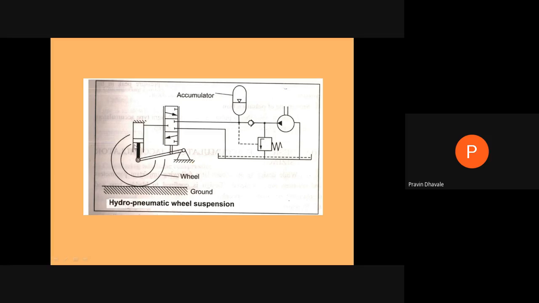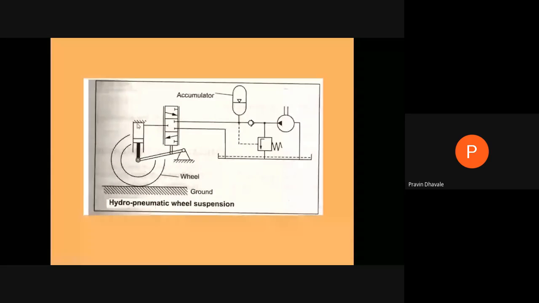At that time, this is the cylinder. It will be providing the flow from the pump. And these are the certain positions of the direction controller, which will supply the fluid from the pump to this hydraulic cylinder, which will neutralize the jumping motion of the wheel. Certain pressure fluctuations coming in the cylinder will be absorbed by this suspension cylinder,